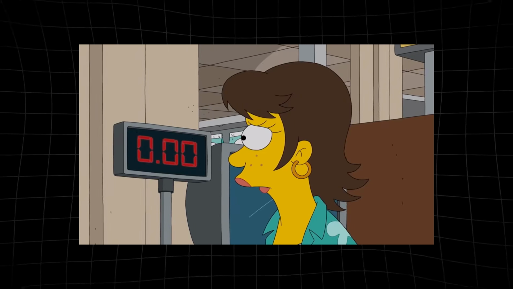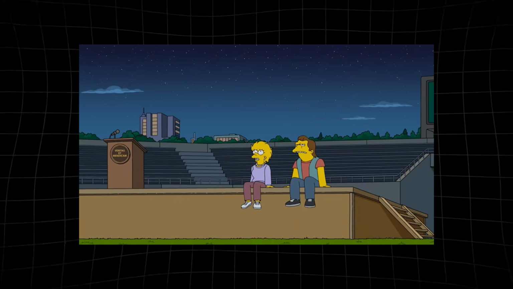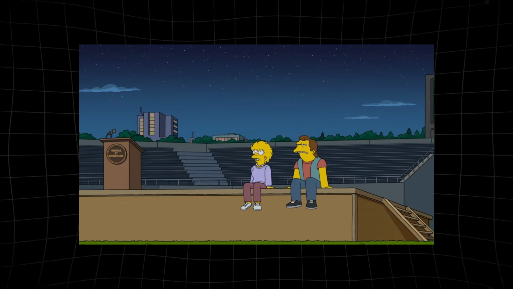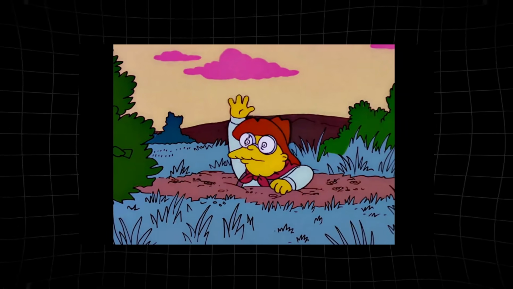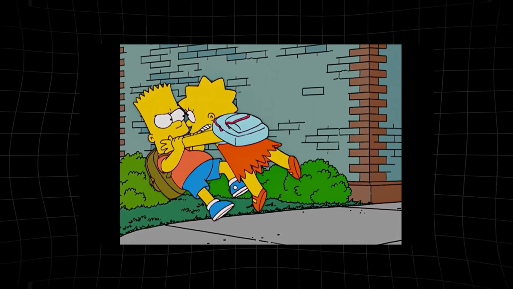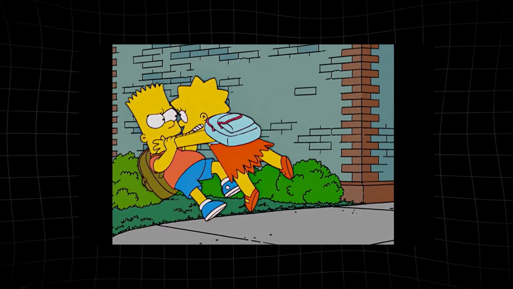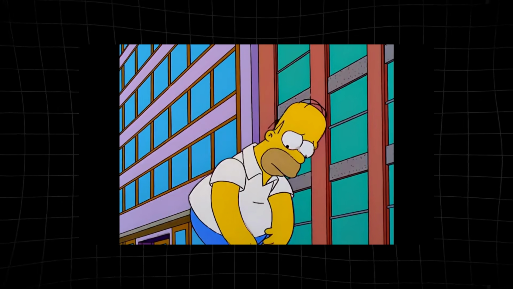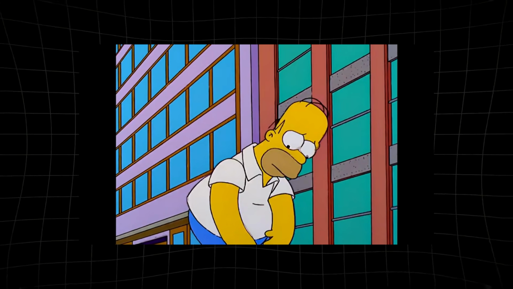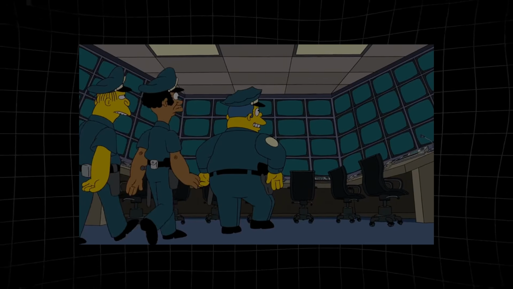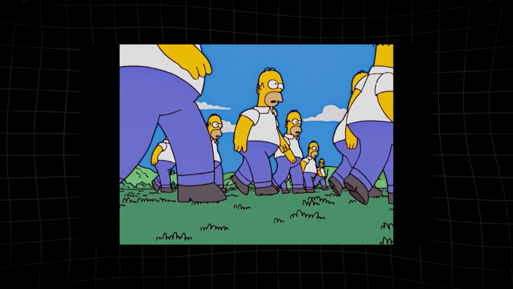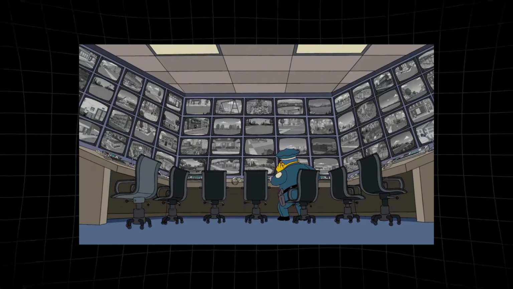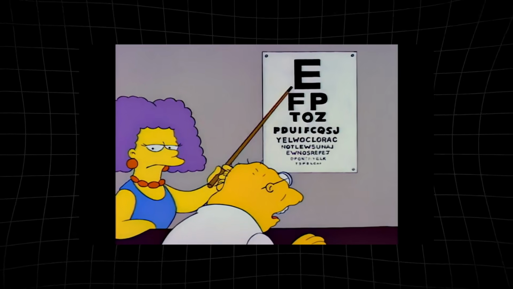Groundskeeper Willie's Scottish backstory has been filled in across multiple episodes with details that don't add up to a consistent history. The specific part of Scotland he's from has been referenced differently. The circumstances of his immigration to Springfield and his arrival at the school have been suggested in different ways in different episodes. His relationship with his family back in Scotland, his military service, his prior careers, all of these elements have been mentioned in passing in episodes where they serve a joke, without being tracked carefully enough to form a